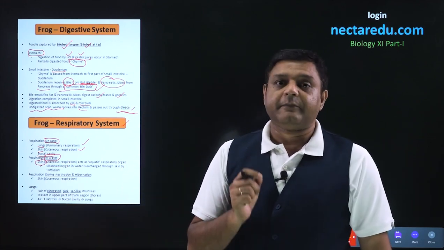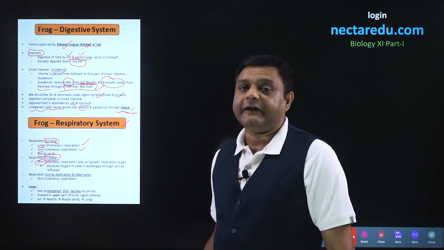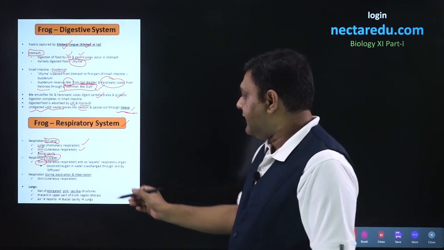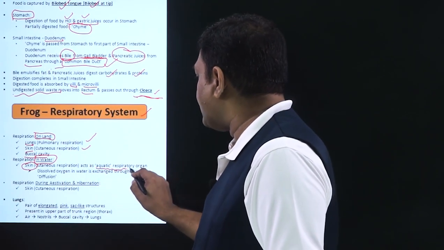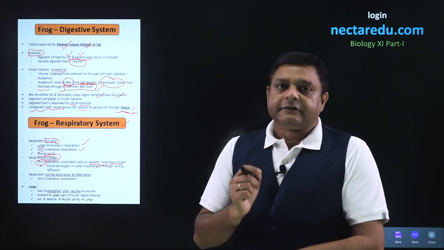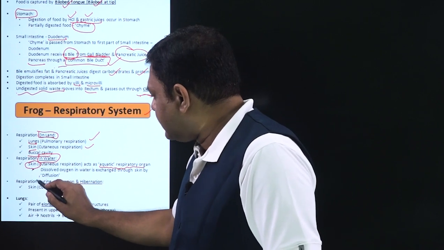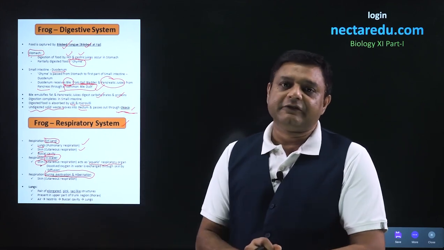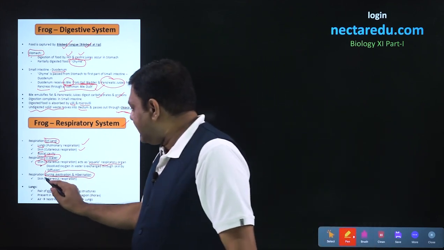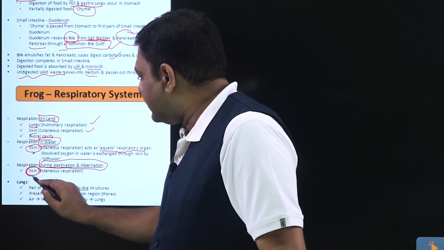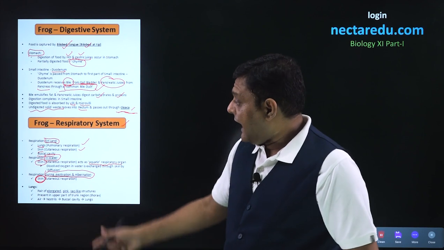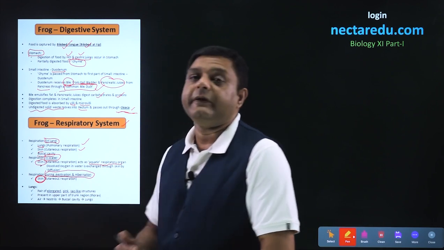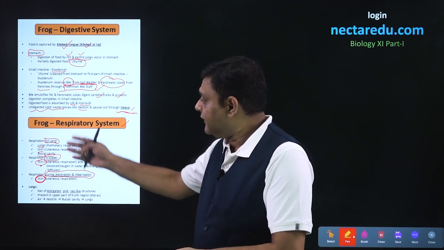It cannot respire by lungs, it cannot respire by buccal cavity, because it will not get air in that particular case. So, we can say that skin acts as the aquatic respiratory organ. Third, respiration occurs when the frog is in aestivation or hibernation. In that case also the respiration occurs only by skin. So that means if the frog is on land, in water, or during aestivation and hibernation, different modes will be used by frog.